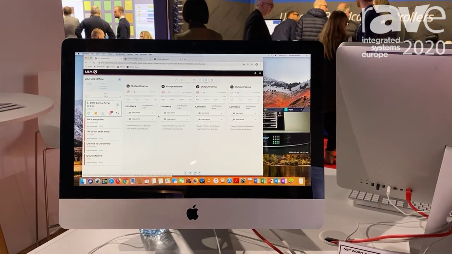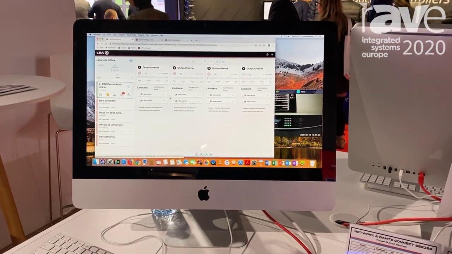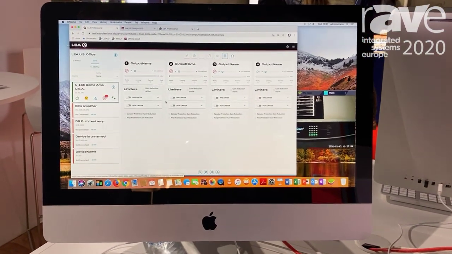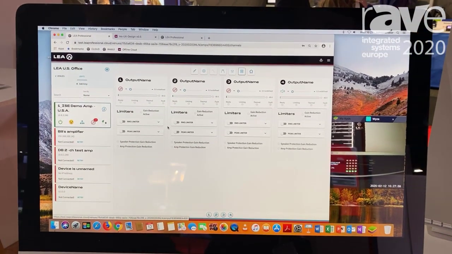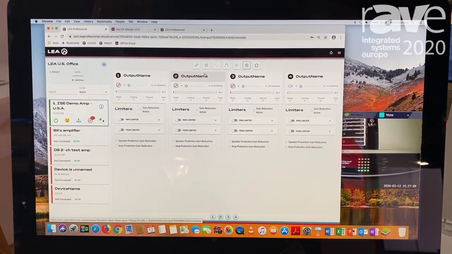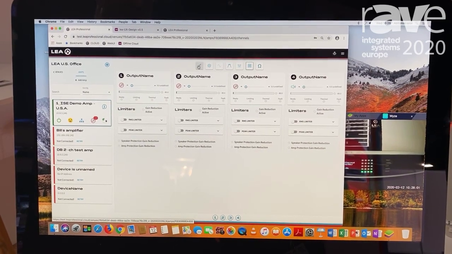And what we do is we give you all the control and configuration, so crossovers, parametric EQs, limiters, loads, and all of that as well. So as we go through, this software will be available in April,